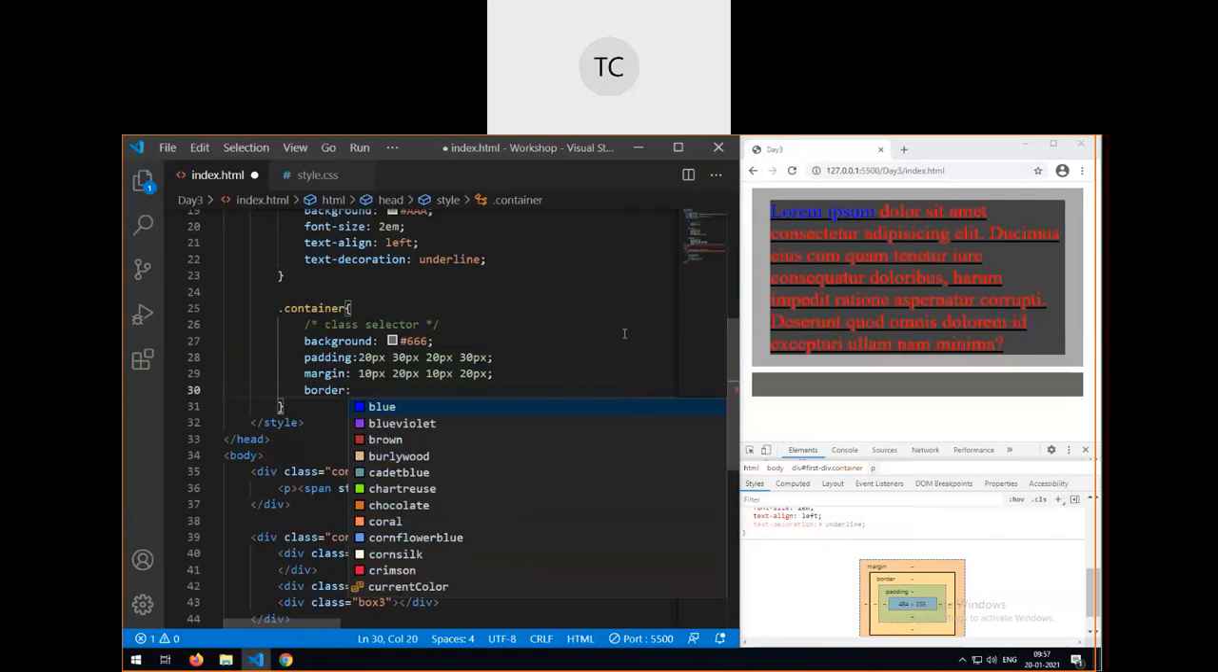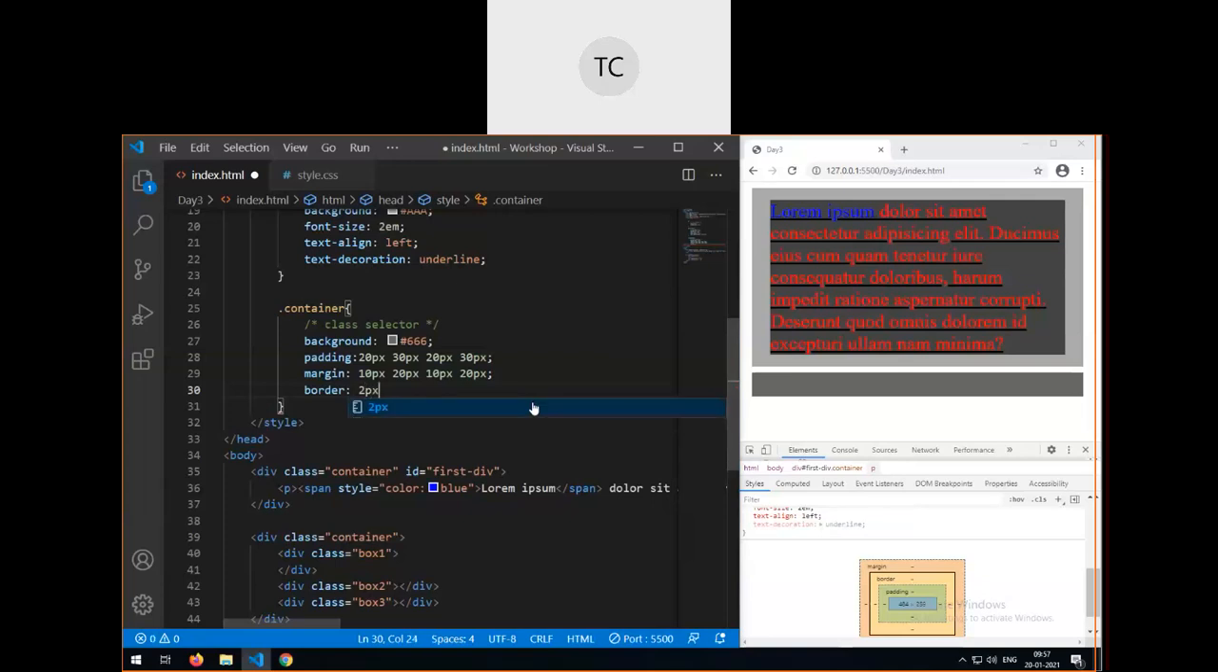Now in that shorthand property, border, the first thing you will require is the size of your border. So what size of border do you want? 1 pixel, 2 pixel, 10 pixel, 50 pixel, what? So let's say right now I want a 2 pixel border on the container,